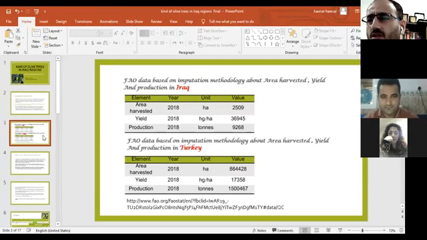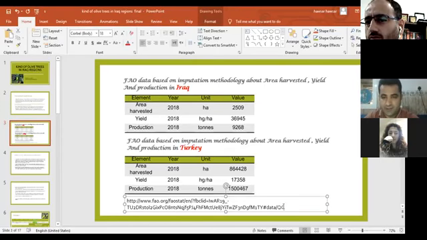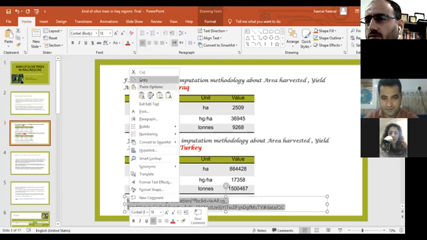After that, I searched and reviewed on the internet, and I used the FAO database, FAO statistics. This site, guys, we can use to get information. For example,